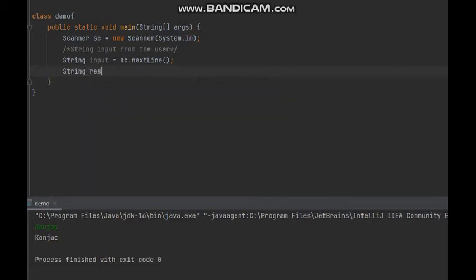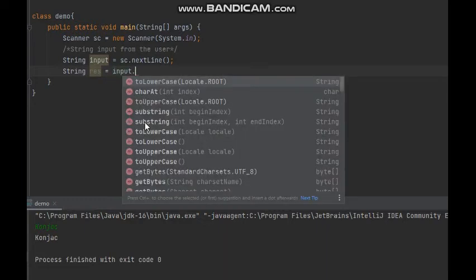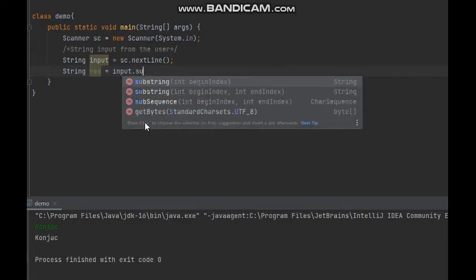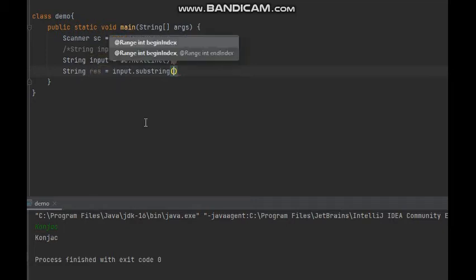Let this be the resulting string res, that will be input string dot, we'll be using substring here, and we have to change the 0th index value to capital.